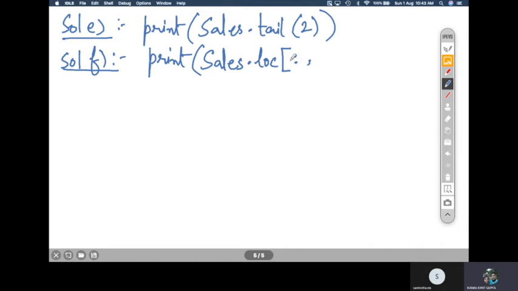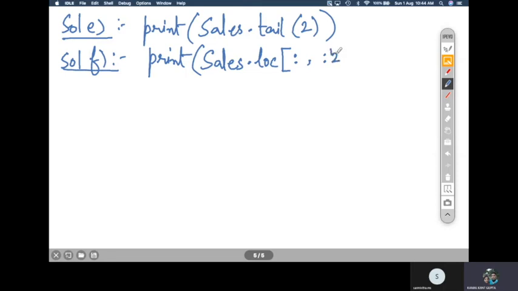For each row you have to find the first two columns. So you will specify the column names. The columns will be from 2014 to 2015. So you will write colon 2015.